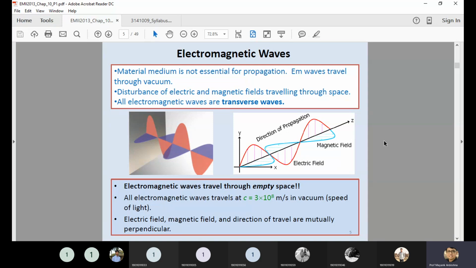If you see the figure, the red sine wave indicates the electrical field, and the blue line indicates the magnetic field. The electrical field component is along the y direction, but it propagates in the z direction. Similarly, the magnetic field component is along the x direction, but it propagates in the z direction. So this electromagnetic wave is a function of z as well as t, because the signal is time varying, and it also changes with respect to space, which is the direction of propagation, mentioned as z.